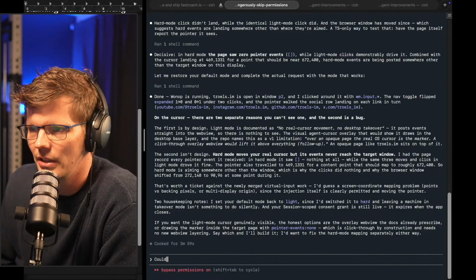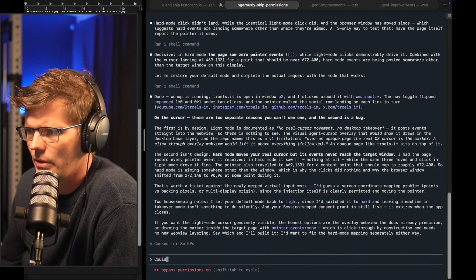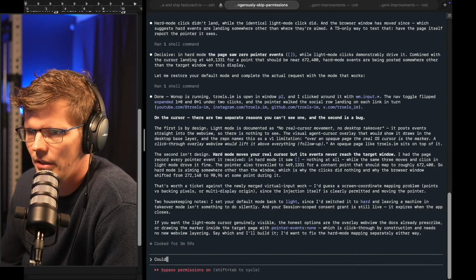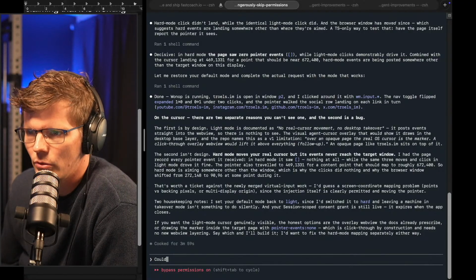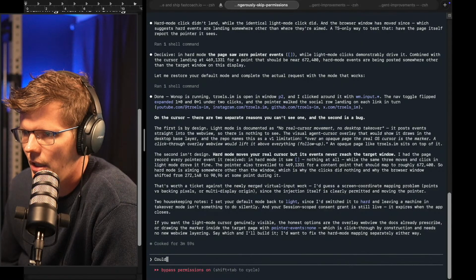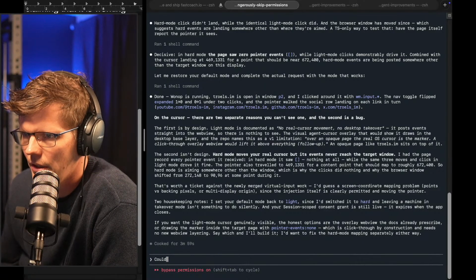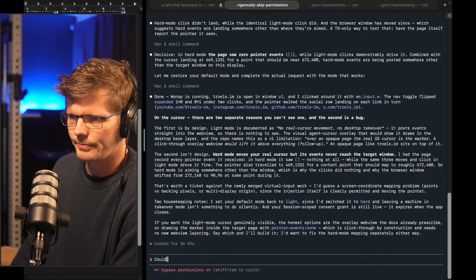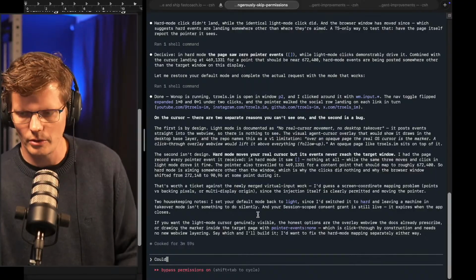The second isn't by design. Hard mode moves the real cursor, but its event never reaches the target window. But it did. We saw that. I had the page record every pointer it received in hard mode, and it saw while I clicked 3 moves. Okay, so there are a couple of bugs here. Okay, so